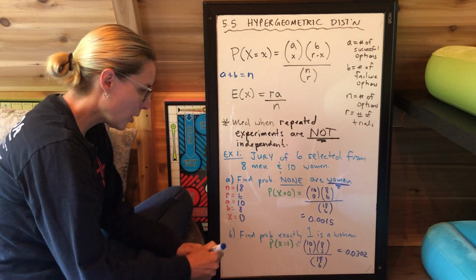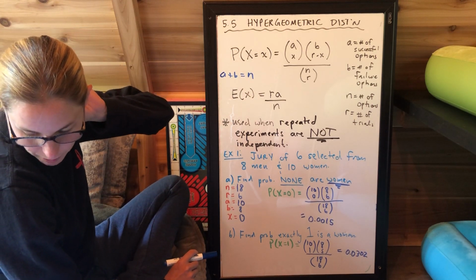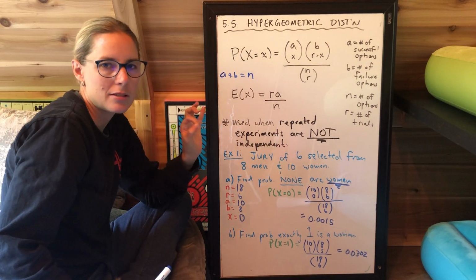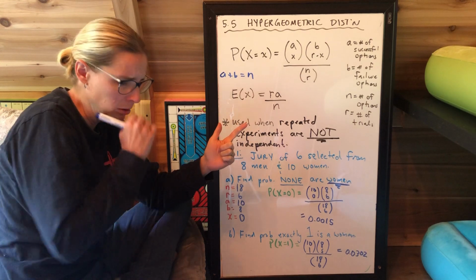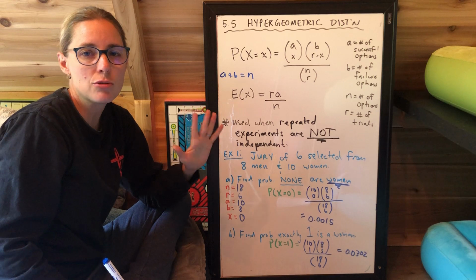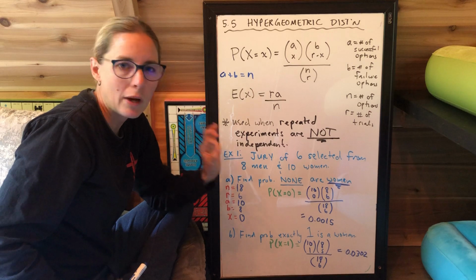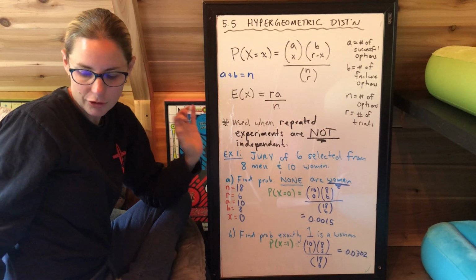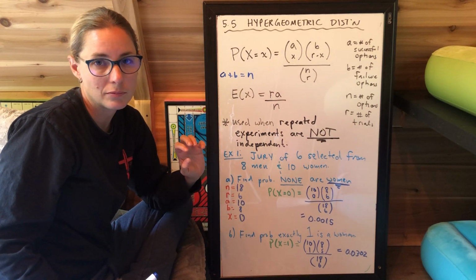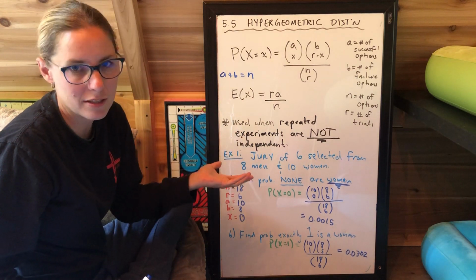Now, the actual part B of this question said, what's the probability there are at least 2 women? I just want to remind you, at least 2 women means 2 or 3 or 4 or 5 or 6. That's 5 different options. If you use the direct method, you have to do 5 calculations. Be aware of the indirect method. It's done for you on here so you can look at it. The indirect method is total minus opposite. Total in this case is basically a 100% chance you select someone, so it's always going to be a 1,